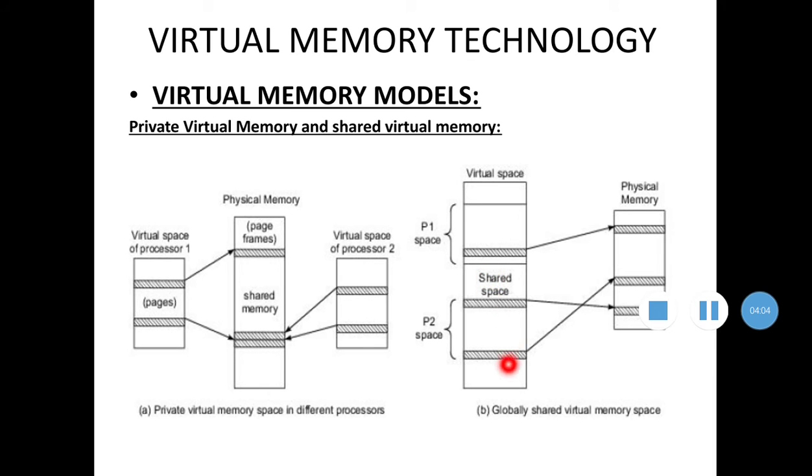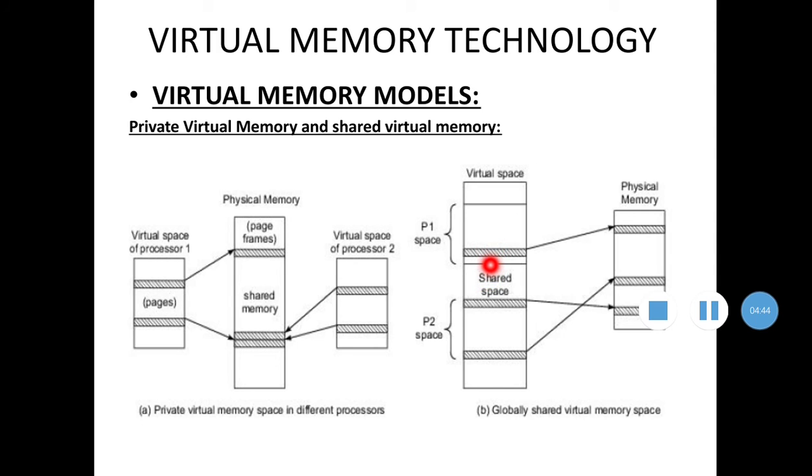Okay. So the advantage in using shared virtual memory is that all the addresses in the virtual space are unique, but each processor must generate addresses larger than 32 bits, such as 46 bits for a 64 terabyte address space. Compared to private virtual memory, where it was only 32 bits, here the size is more than 32 bits,